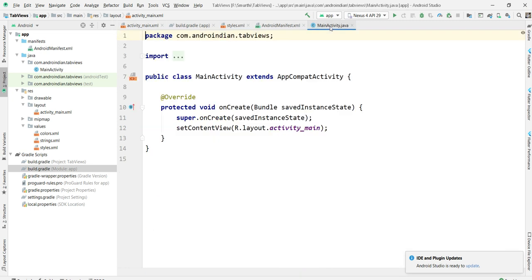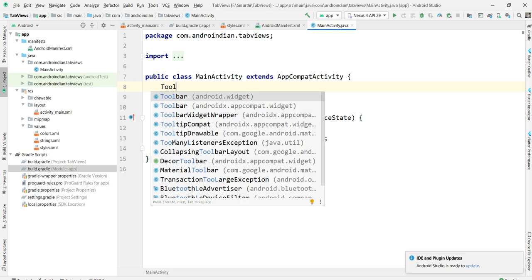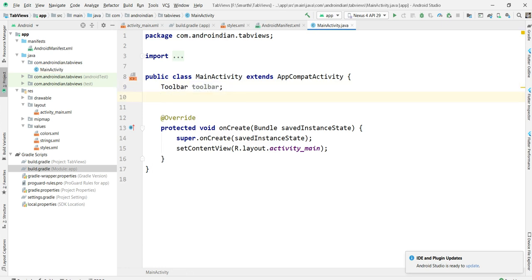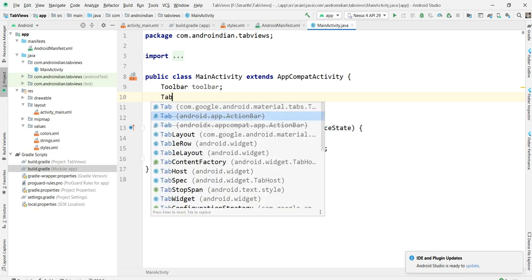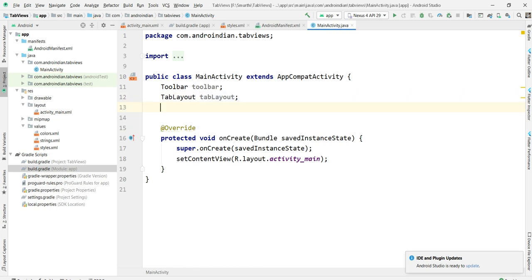Once this is ready, we can go here to Java. First we need to define whatever we have there: toolbar, then tab layout, then after the tab layout, view pager.